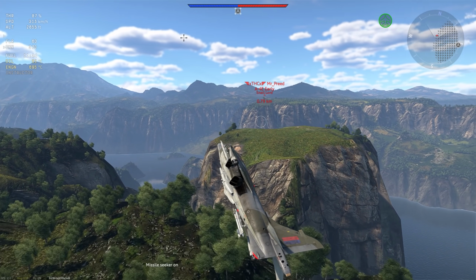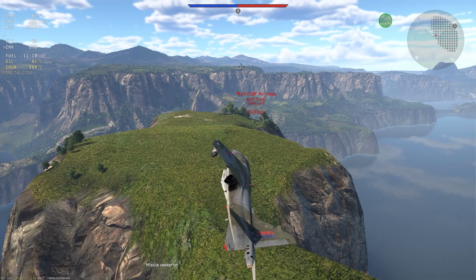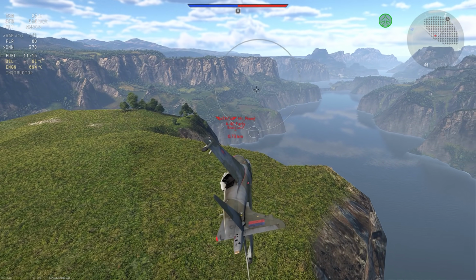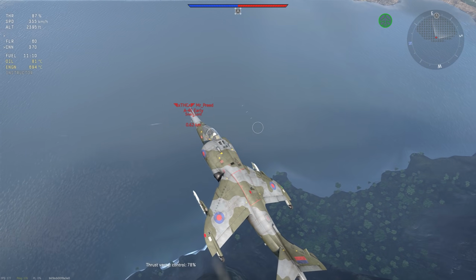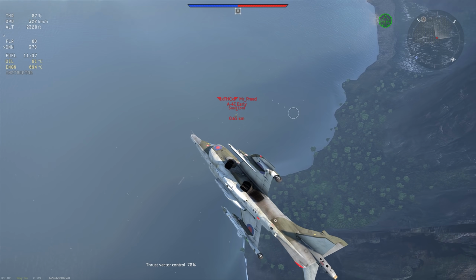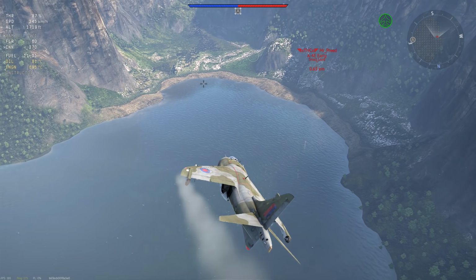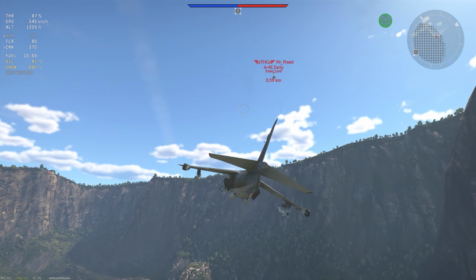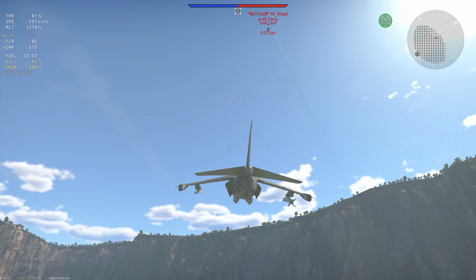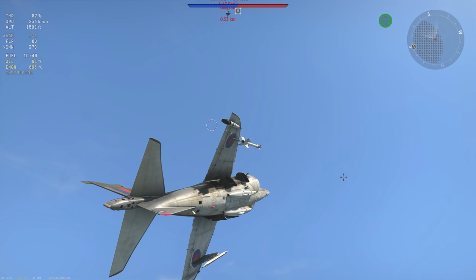But he is really going to be getting some losing cues now. I just wish I had a radar with the Harrier so that I could lock these Sidewinders a little bit quicker. He's going to go full on into the vertical. I think that is a bit of a Hail Mary. As he comes down, he...